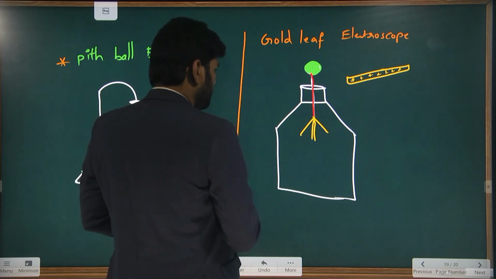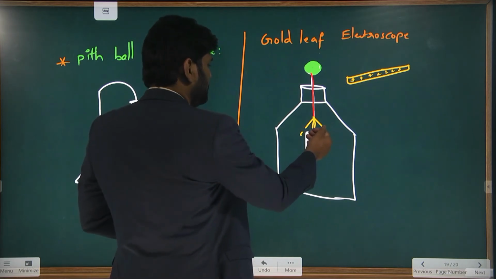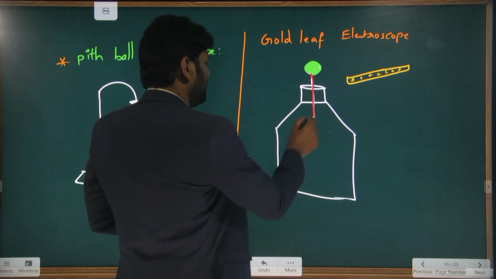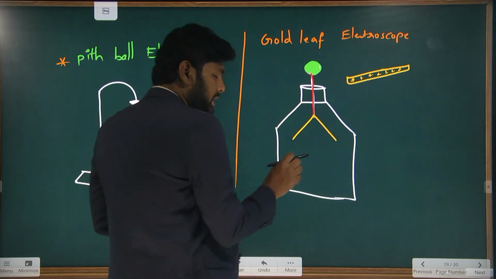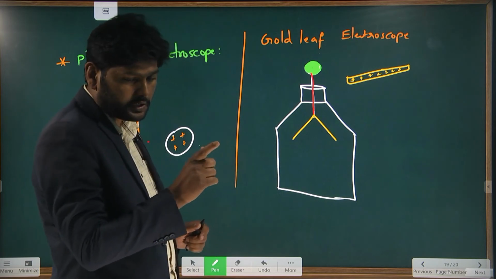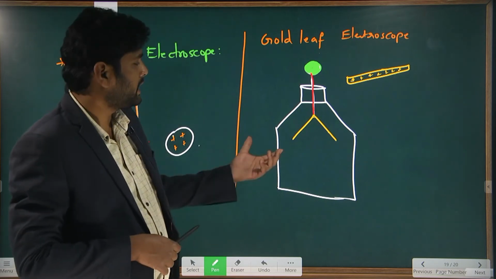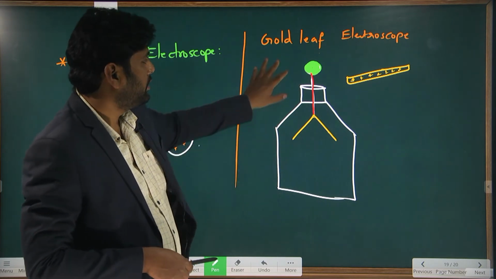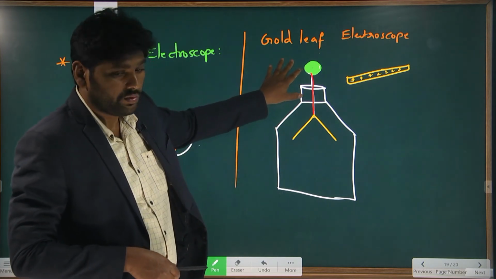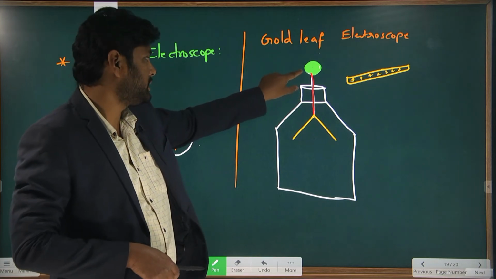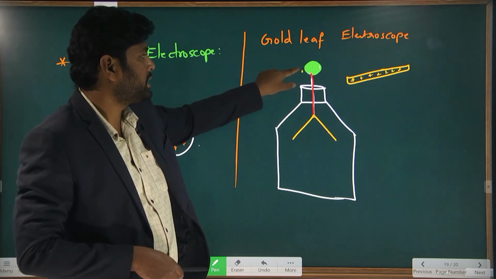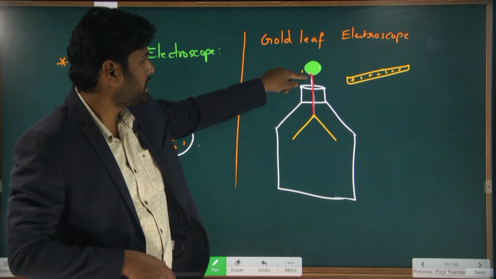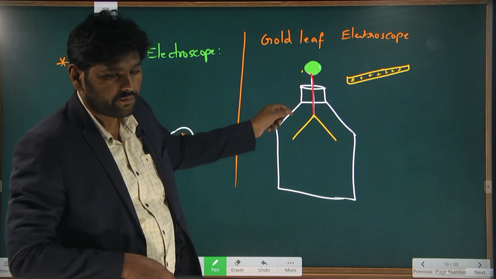So this is the way the gold leaf will expand. So now the gold leaf will expand. This is the way the edges, the gold leaves, will expand. So when the gold leaves are expanding, why are they expanding? Because you supplied the electrons, you supplied the charge at this stage. When you supplied the charges at this stage, the charges are moving through this conducting rod, reaching the gold